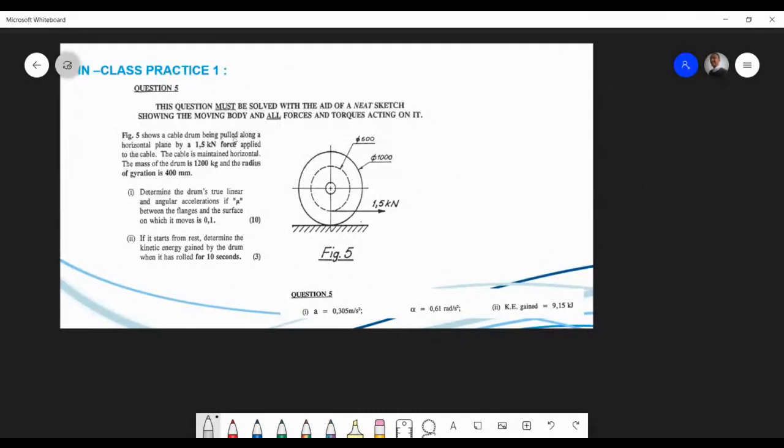It says, figure 5 shows a cable drum being pulled along a horizontal plane by a 1.5 kilonewton force applied to the cable. Right, so there's a cable there. The cable is maintained horizontal. The mass of the drum is 1,200. The radius of gyration is 400 millimeters. Determine the drum's true linear